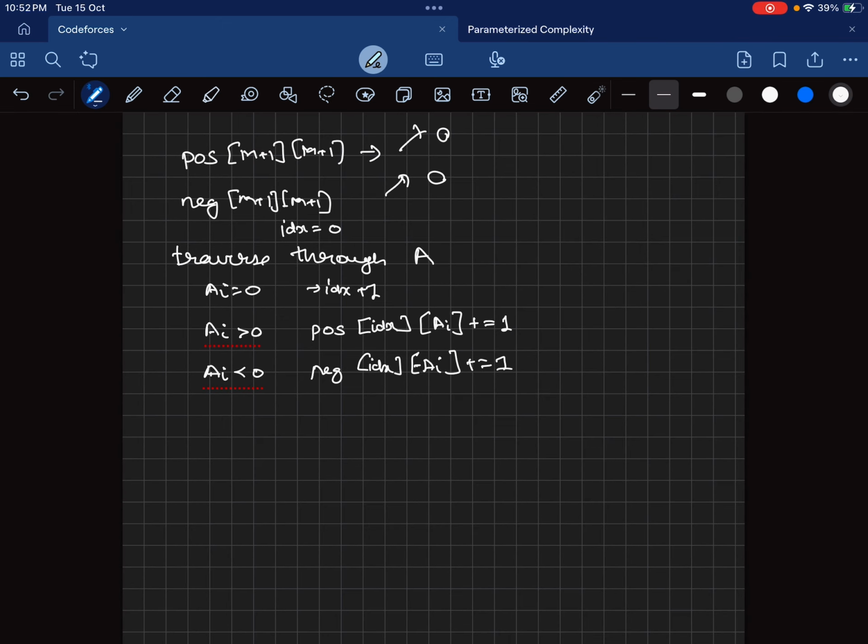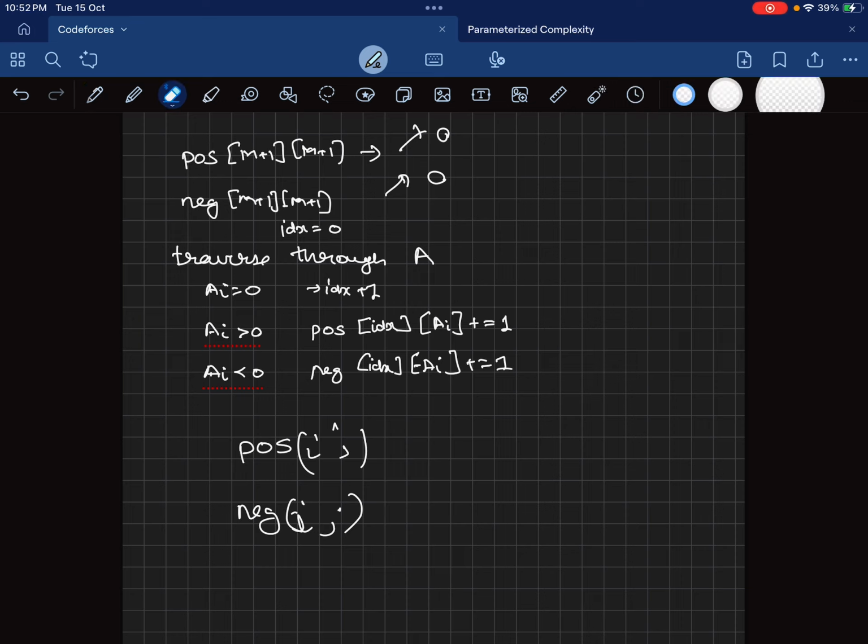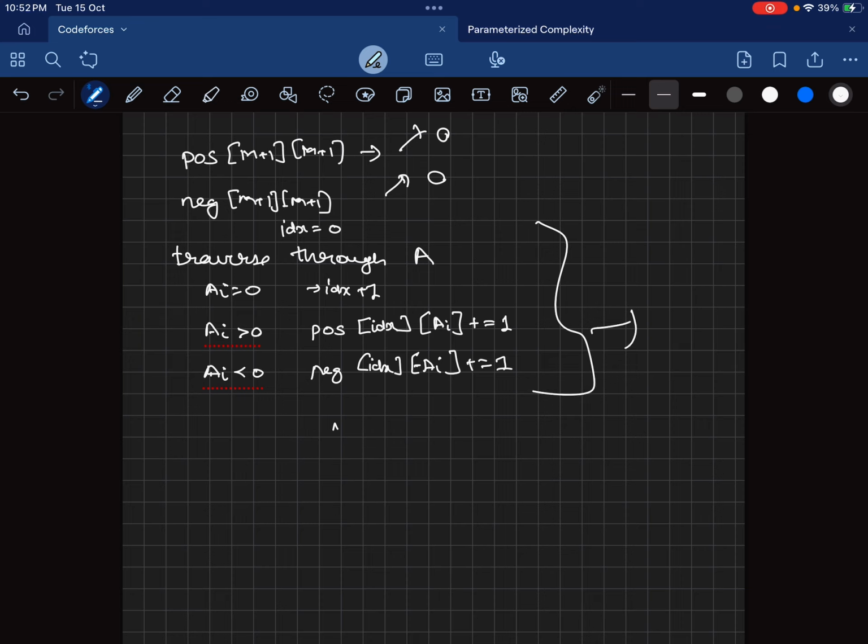And now we take the prefix sum of both the two-dimensional arrays, positive of I comma j and negative of I comma j. Okay, we'll first calculate these entries. After traversing A, we'll update this entry, and for every positive index we'll take the prefix sum of every such array, and for every negative index we'll take the prefix sum of every such array, and from that we are going to find